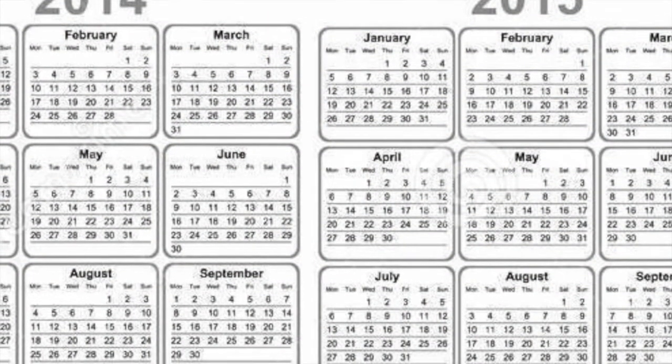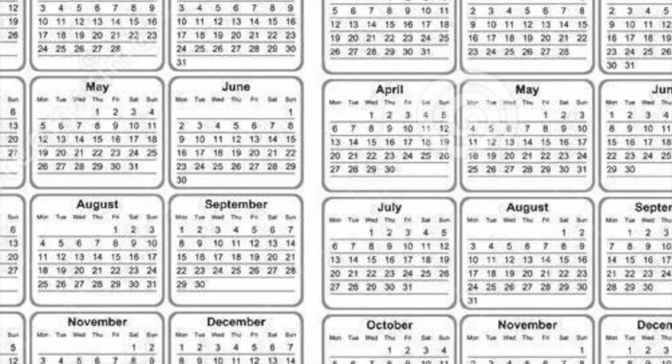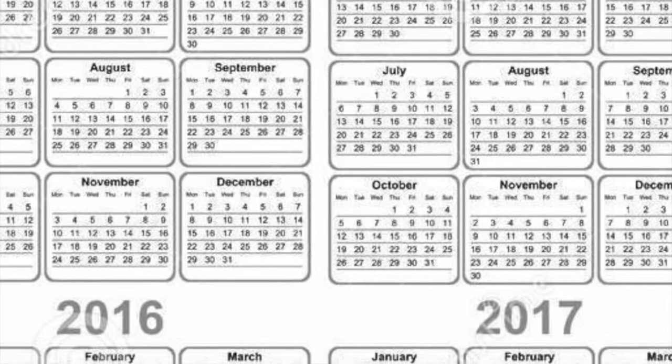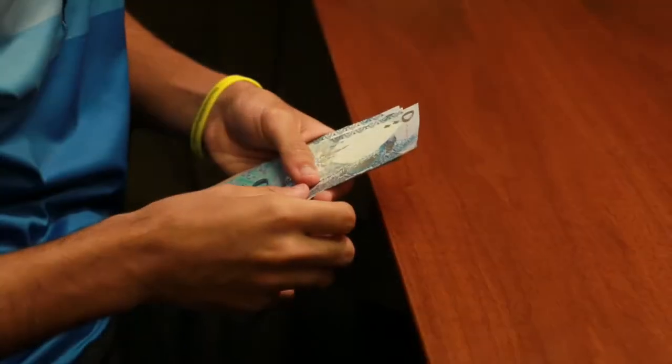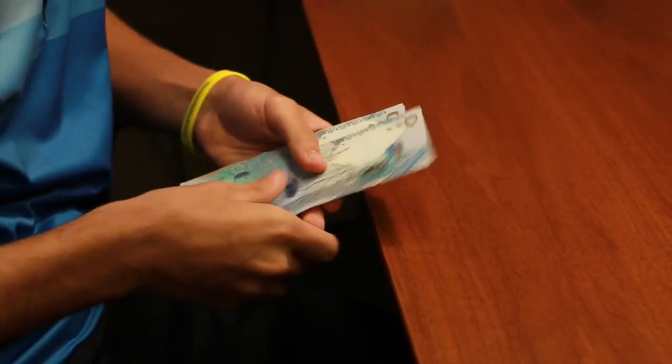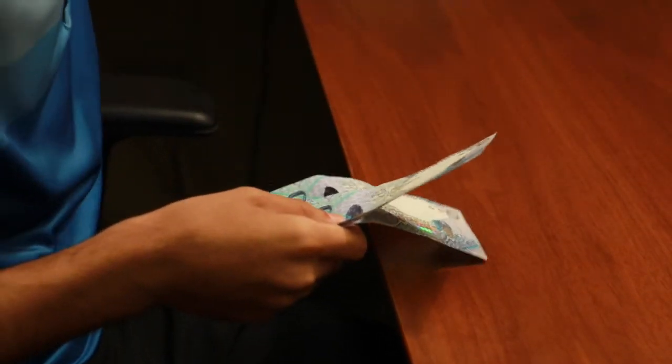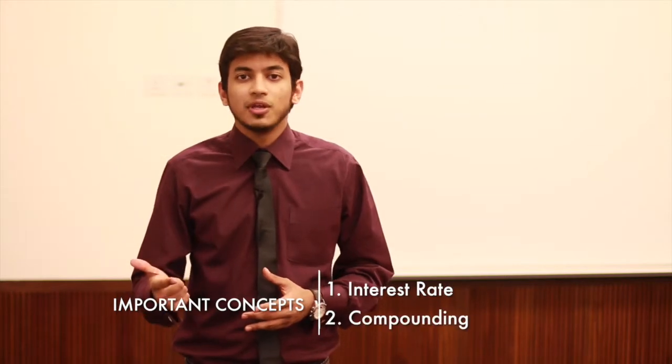It is important to remember that you must have a long-term goal for investing. This means waiting for at least 1 year or longer before using the money you have invested. As we will see later, the longer you wait, the more your money will grow. In order to understand investments, we need to know some basic concepts such as interest rates and compounding.